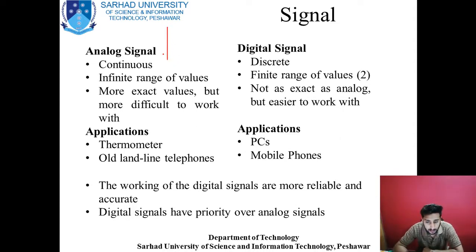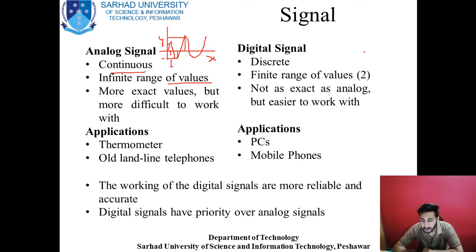In analog signal, basically I told you that this signal is continuous. It means for any value of x, you will be getting some value of y. If I draw this random signal, you see that for every x value, let's say this is x1, you are getting some y. This is x2, let's say you are getting some y that will be negative. For every x value you are getting some y, and this range of y is basically infinite. So this is why this is known as analog signal.